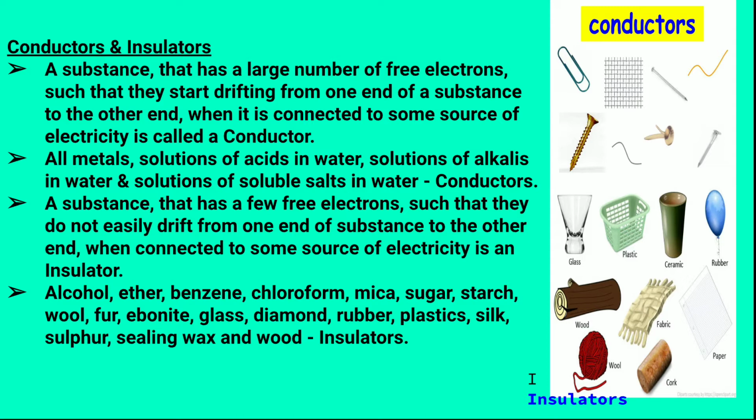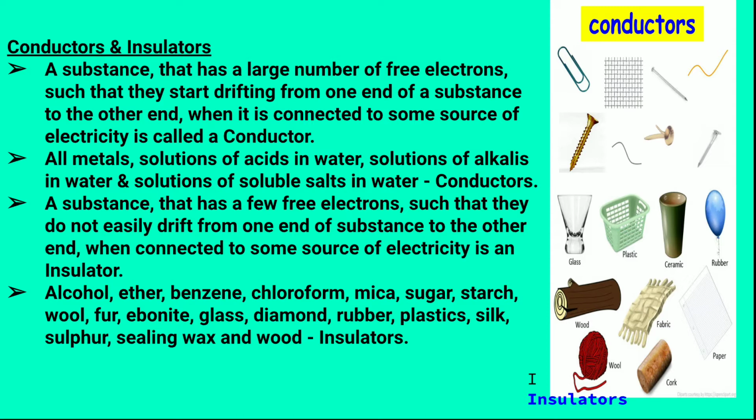That type of substance is a conductor. Conductors are things like metals, solutions of acids in water, solutions of alkalis in water, and solutions of soluble salts in water. These are all conductors. Whereas a substance that has very few free electrons, such that they do not easily drift from one end of the substance to another,